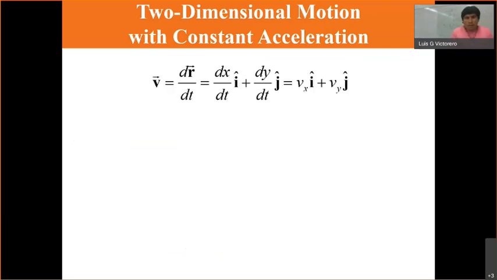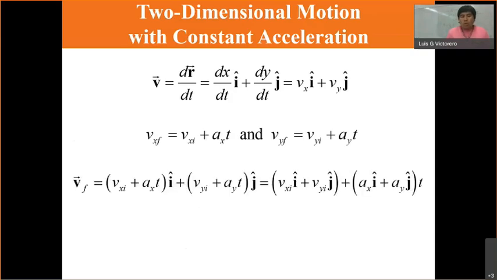Now, this is very important because, as I said, the vector position is r, but r is xi plus yj. So you take the derivative on each component, keeping the unit vector there because it's part of the solution, and then you get Vx i, Vy j. So in my horizontal velocity and a vertical velocity. If you take the derivative again, what do you get? You get the acceleration, right, on x and on y. So you can write the equations of motion that we had before now in two directions,